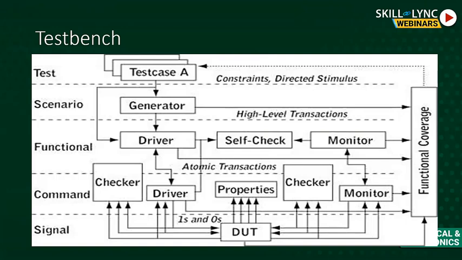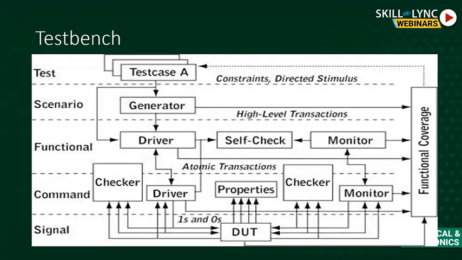The checker at the monitor end will be monitoring the output of the DUT. Whatever the output of the DUT is, whether it is correct or not will be checked by that. And the monitor basically will be just a monitor. It will just be observing the signals and passing them to the next blocks. Then we'll have something like a self check. In a self check, we know what we are driving and we know what has been monitored. We know what the actual signal is and what the expected signal is. We will just do a cross check of whether the output coming is expected or not.